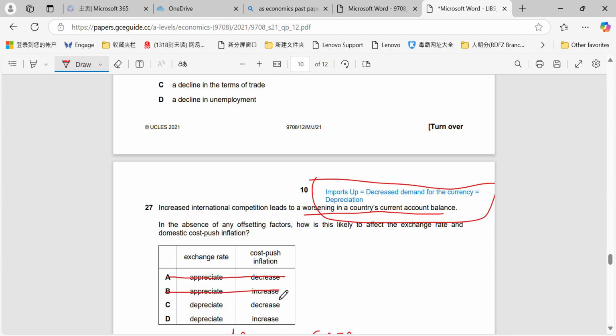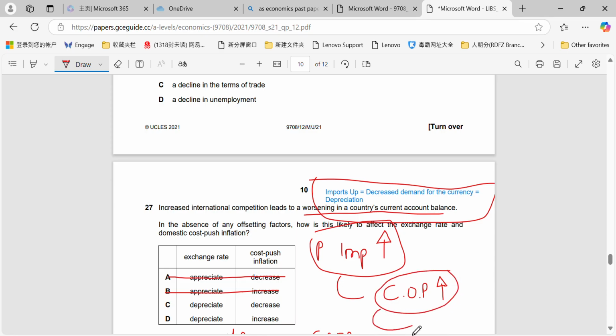Now, in terms of cost push inflation, if our currency depreciates, then the price of the imports will rise. And if the price of the imports rise and we still have to import raw materials, that will actually make our cost of production rise, because we'll still have to import the materials, and we'll now be doing so at a higher price, which will make it more expensive on the domestic market for our consumers. That cost of production rising will move aggregate supply to the left and will increase cost push inflation. So the correct answer there would be D.